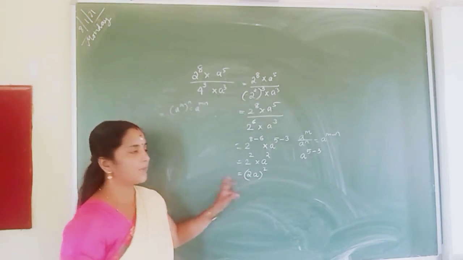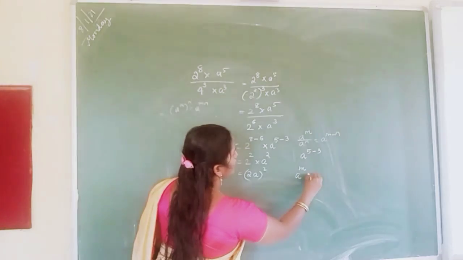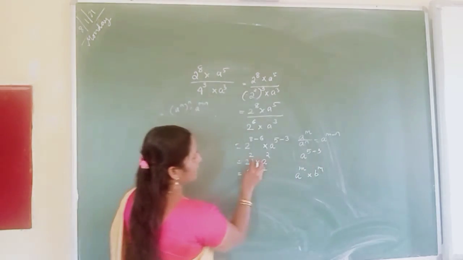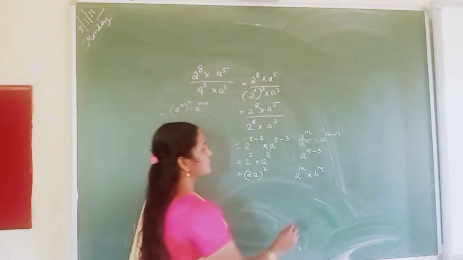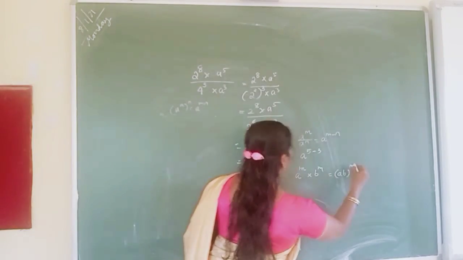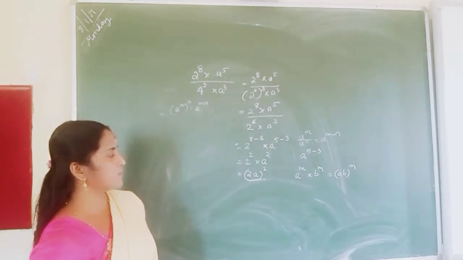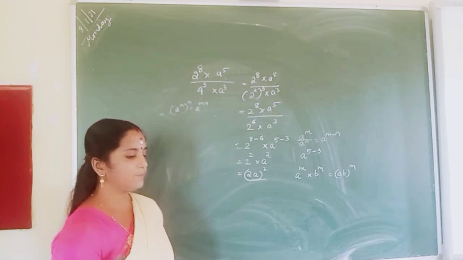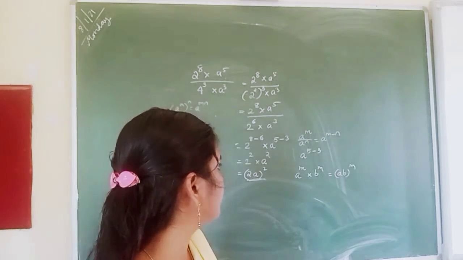Which law do we apply here? A raised to m into b raised to m. That is, the powers are same but the bases are different. So we can apply this law: ab the whole raised to m. Similarly, we can write it as 2a the whole raised to 2. Okay. The next question is